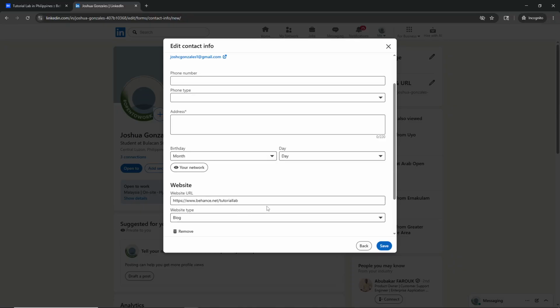Once you've pasted your Behance link, click the Save button to apply these changes to your profile. LinkedIn will process this update and add your Behance portfolio link to your contact information section. And there you go, your Behance portfolio is now linked directly on your LinkedIn profile, making it simple for anyone viewing your professional profile to check out your